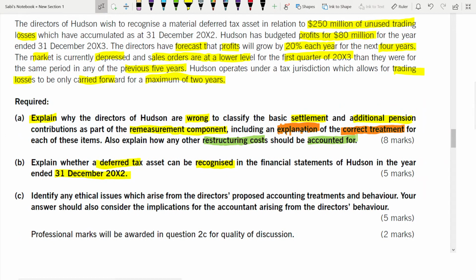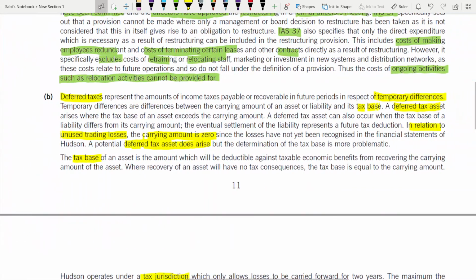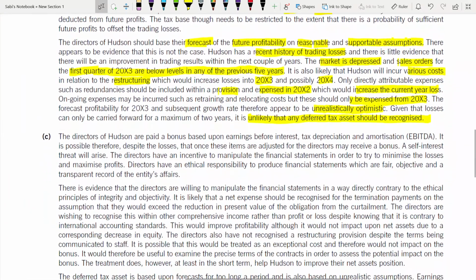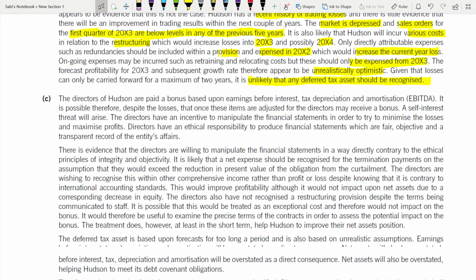So identify any ethical issues and also the implications for the accountant. Two things. I have read the whole case study. Now you have to use all the facts from the case study. Here, when it's an ethical issue, don't just give one issue. At least give 2 to 3 issues. Right? So the directors of Huston are paid a bonus based upon what? I will highlight it. The directors are paid bonus based upon